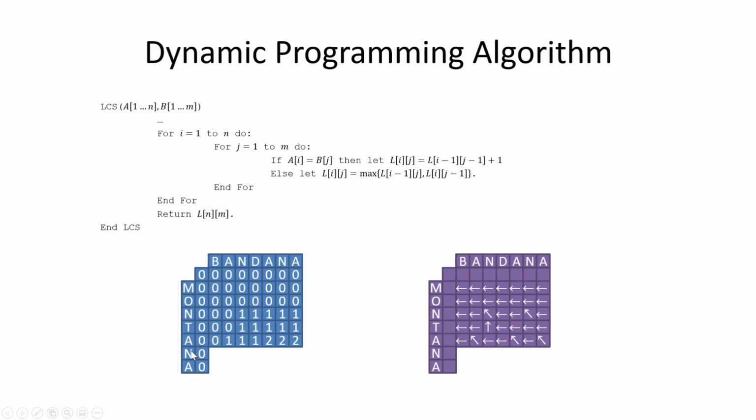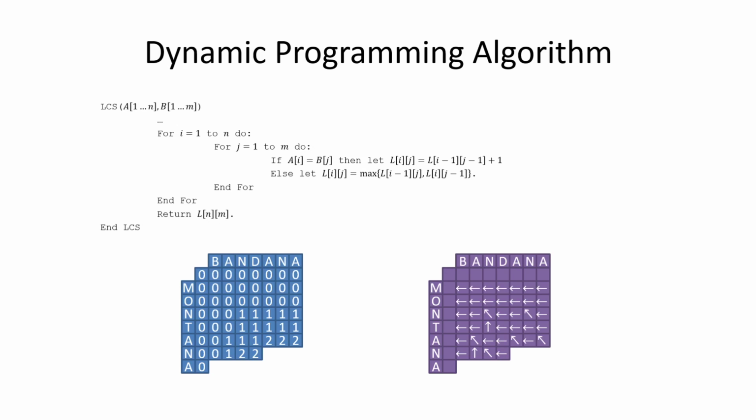Our N then, we'll keep going with our N. 0 and 0 is 0. Still mismatch, 0 and 1, 1 wins, okay? Now we get a match. Okay, we get a match here. That's going to tell us N, our match, look to our diagonal, plus 1 is 2. And again, now it looks like AN. Okay, MON, TAN, and BAN have a length 2. Okay, keep going. N and D,